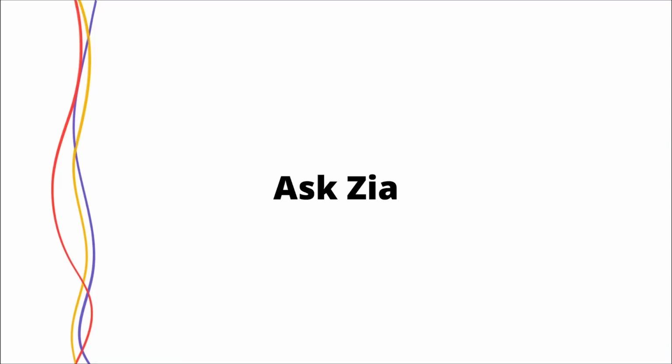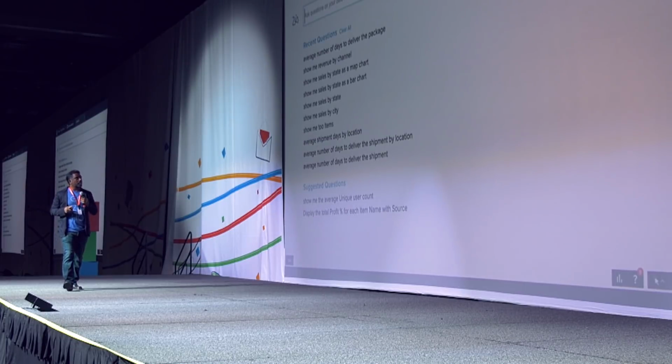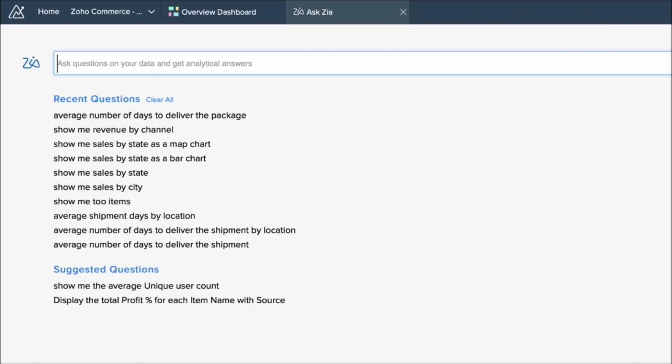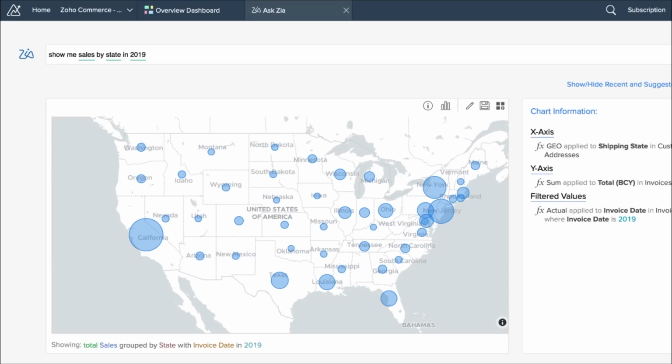Now when you have all this data and add Zia to it, it gets even more interesting. If you don't have a report that is already built in, you simply ask Zia. It's as simple as typing in a query. So to give you an example, Ask Zia gives you suggestions on what you can ask, but you don't have to restrict yourself to asking just those questions. You can simply ask Zia what your sales are by state in 2019.